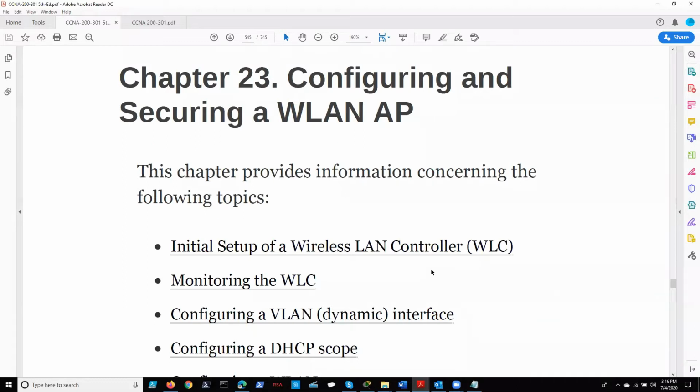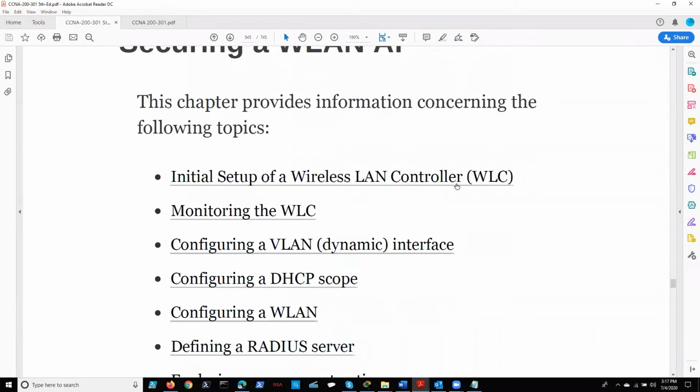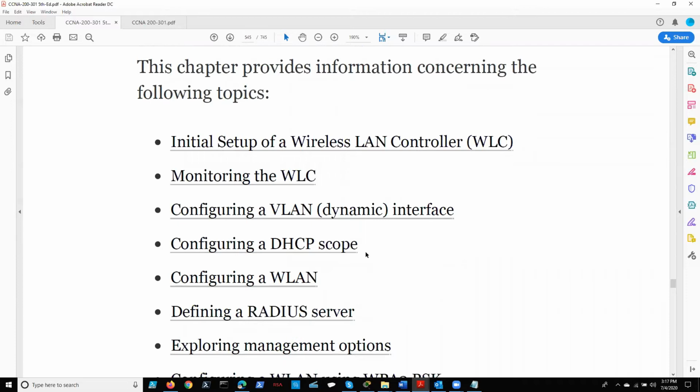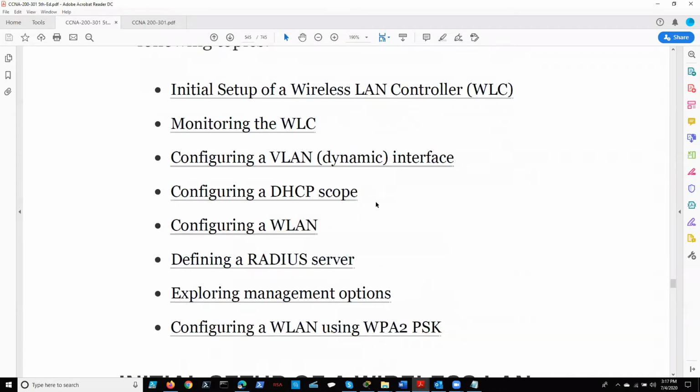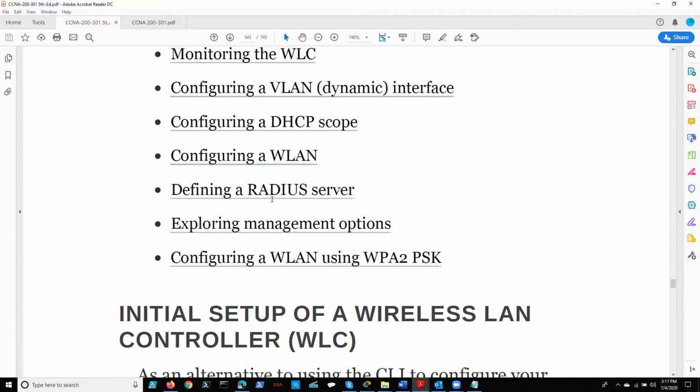So this is chapter 23, configuring and securing wireless LAN access point. This chapter will give more information concerning WLC, how you monitor WLC, how you configure VLAN, how you set up DHCP, ideally in a server, hindi sa wireless. No? How do you configure WLAN to connect to access point? And I'm going to show you radius server as well, but might as well use an actual server which gives